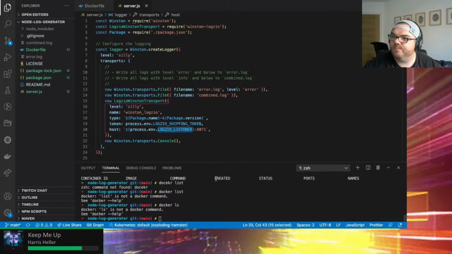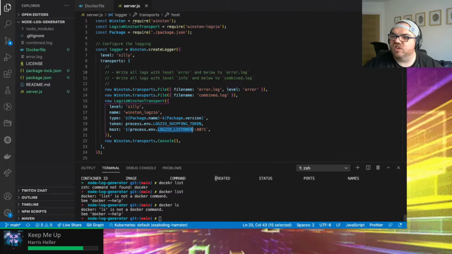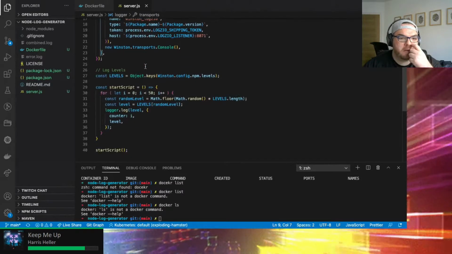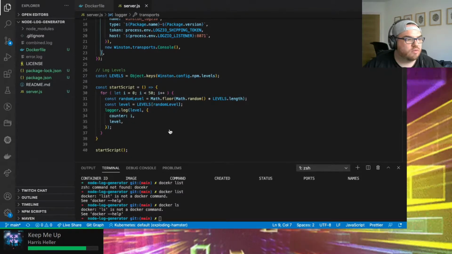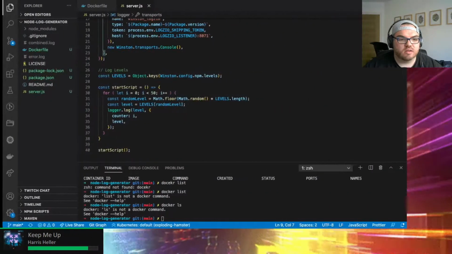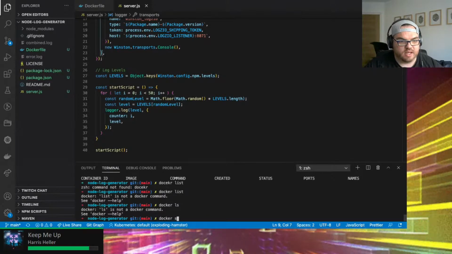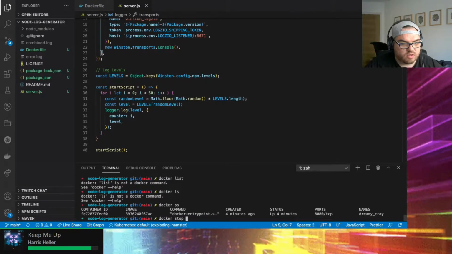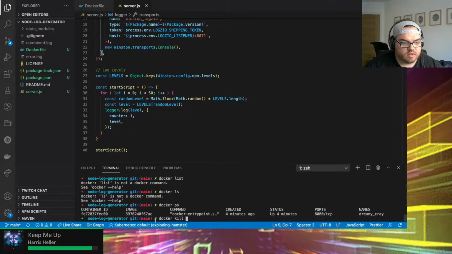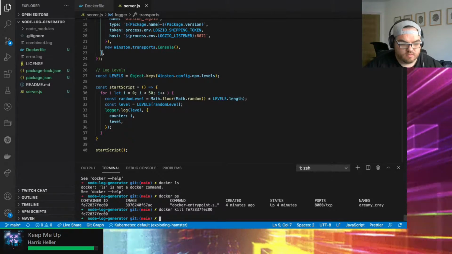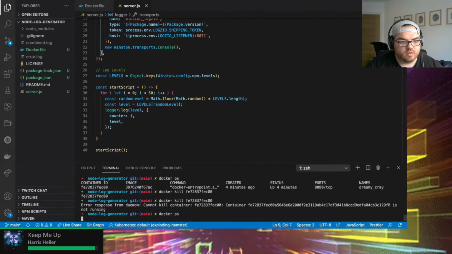I'm totally not stuck, just unsure. Let's, screw it. Let's go with the Oive. Still won't die. Docker PS. Docker kill and container ID. I think it's that. Cool. So that should have killed it.